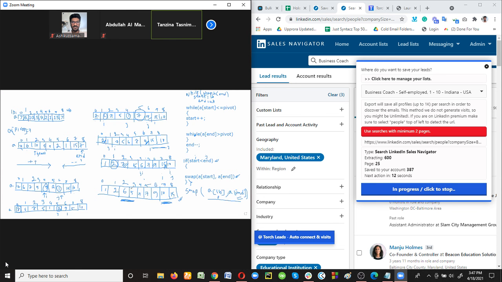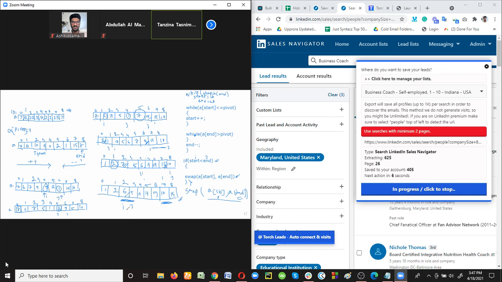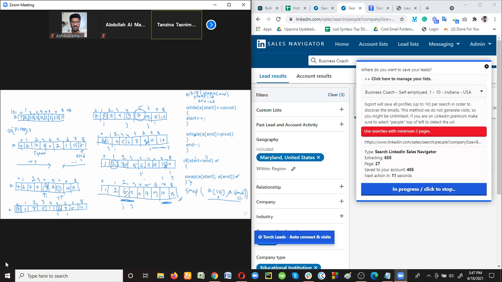Here i equals 2 and j equals 3, because this is our lower bound and this is the upper bound. And which one is the pivot now? This 6 is the pivot. Now again comparison. A[i], that is 6, is it less than the pivot element? They are equal, which means this condition is true. So now the pointer value will be increased. So i++, that is the value of i is now 3.